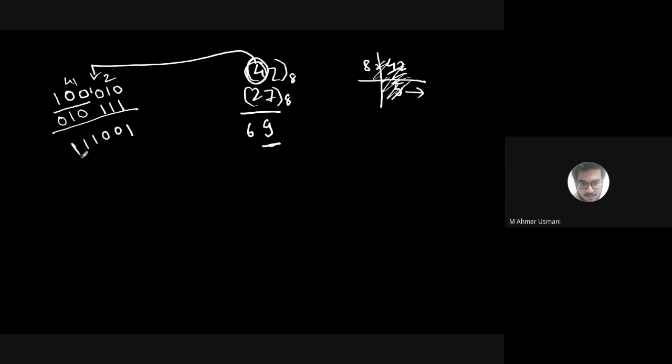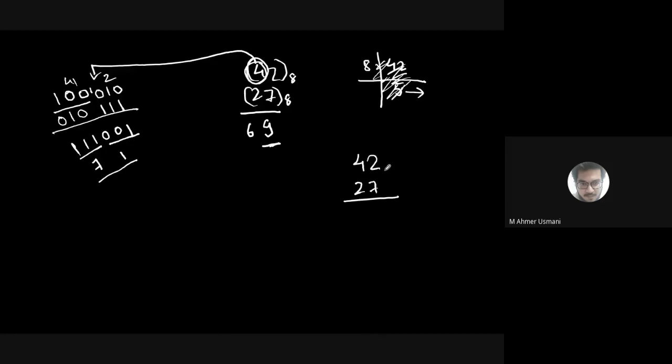this one will come down, this one will come down, this one will come down, so this is nothing but, now try to again convert back to octal, so what 111 यानी क्या हो जाएगा octal में 7, 0 0 1 is nothing but 1, so what will get as the answer is 71, okay।